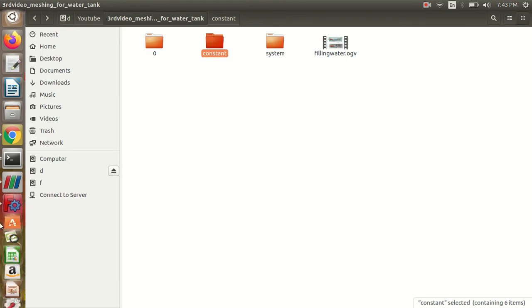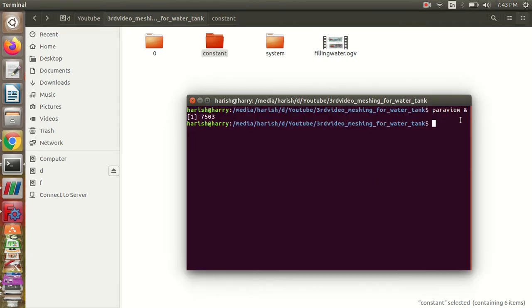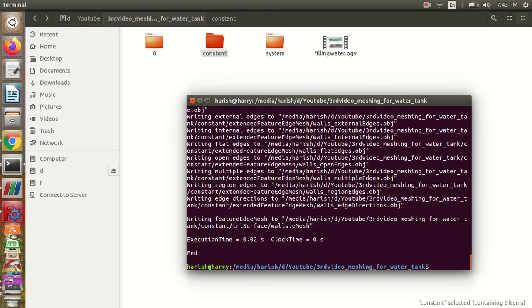So now all the things are ready. What we are going to do is run surfaceFeatureExtract to extract the features. For more detailed information, you can watch the video on snappyHexMesh.